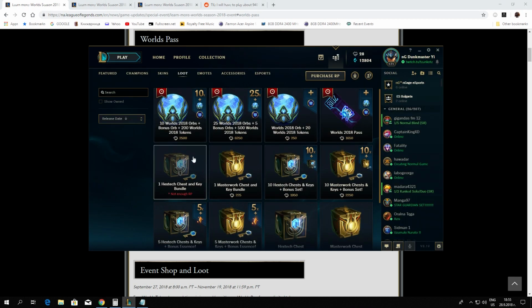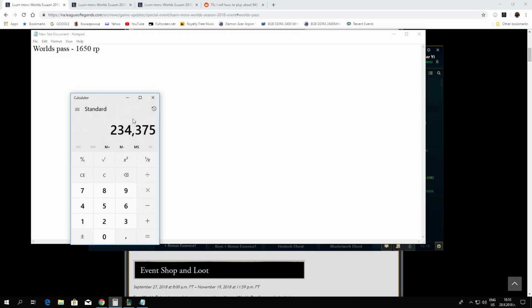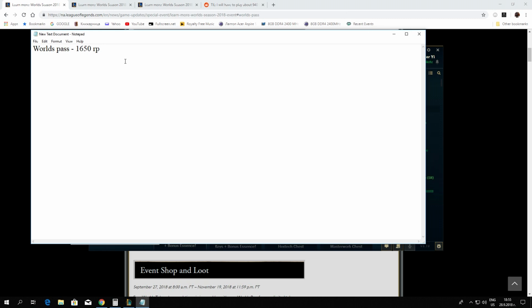So in order to calculate the RP value of one orb, we are going to use the store. For 250 RP, what you get is an orb plus 20 World's tokens. If you decide to get yourself the orb directly with tokens instead, it costs 300 of them, which means that, let me open this, I did the math, and one orb is worth 234 RP,